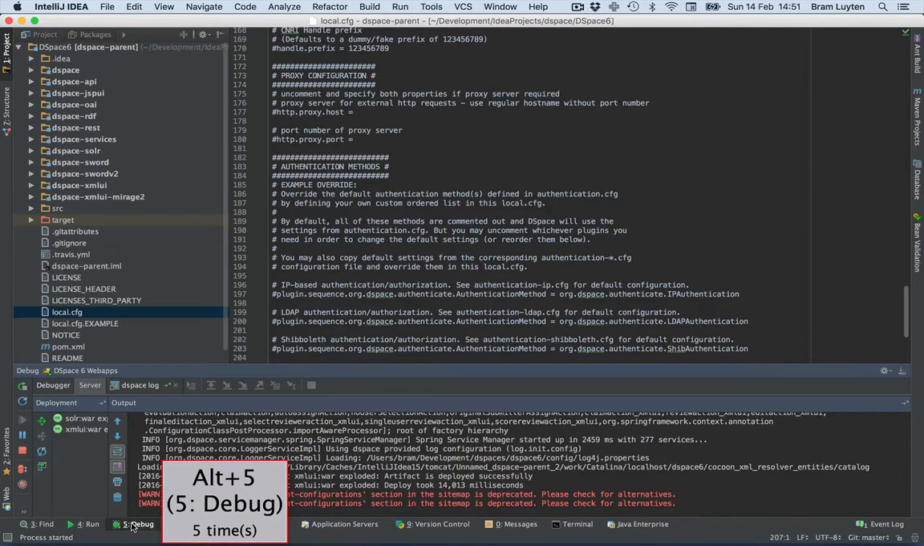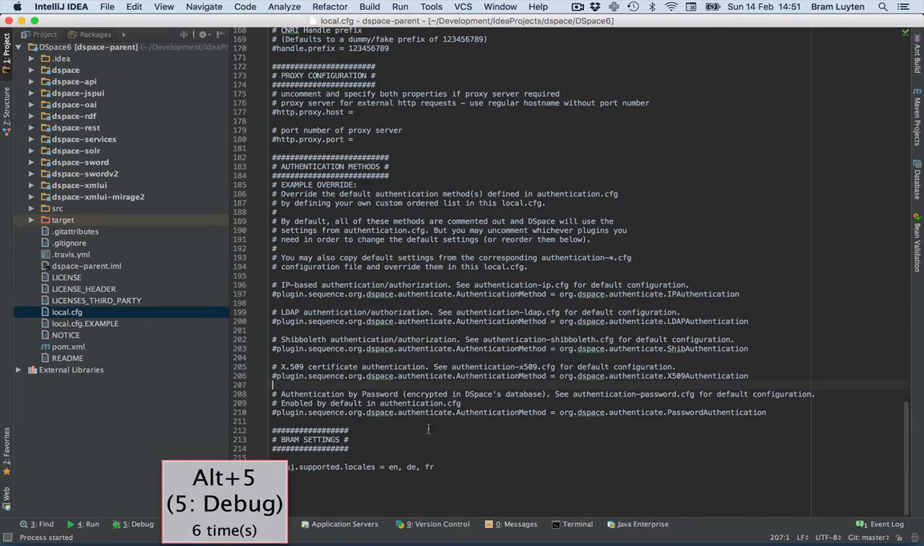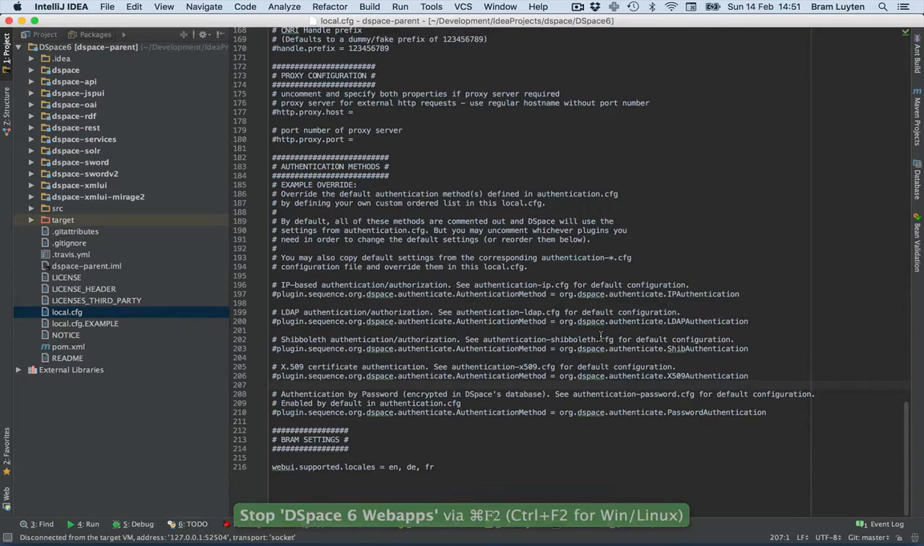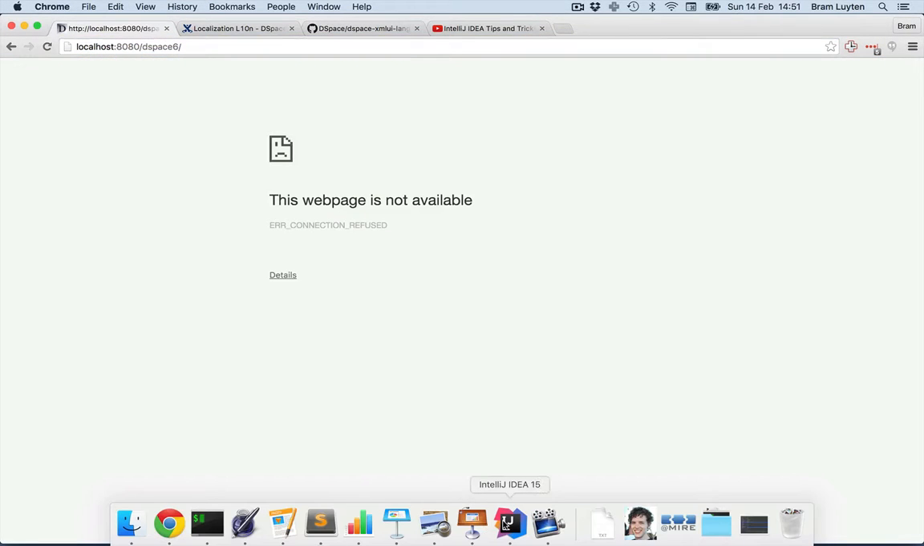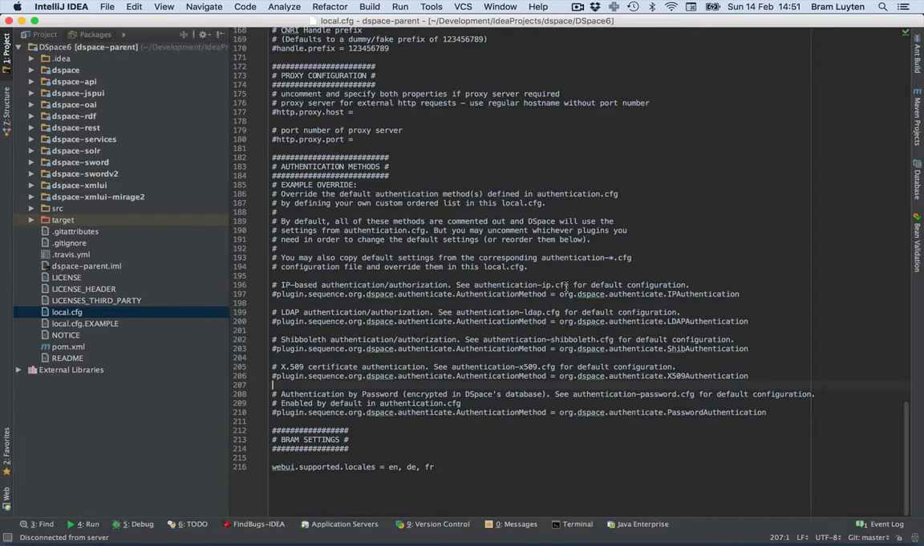So why isn't that working at the moment? Because actually my DSpace is already running. Let's just shut it down for a second and show you what I mean. So shutting down is Command F2. I'm actually now disconnecting my DSpace, so it's no longer there. So to run it, I just go